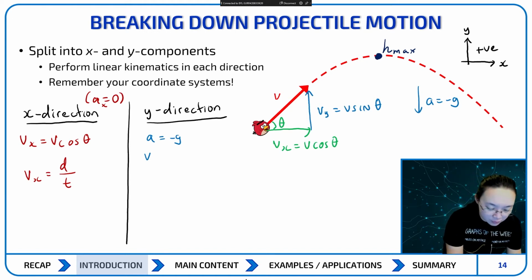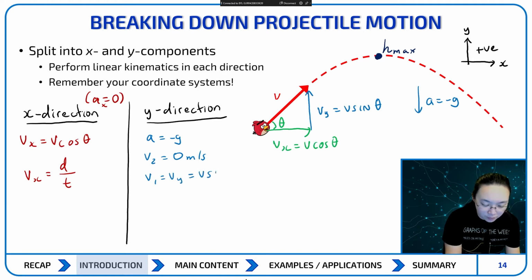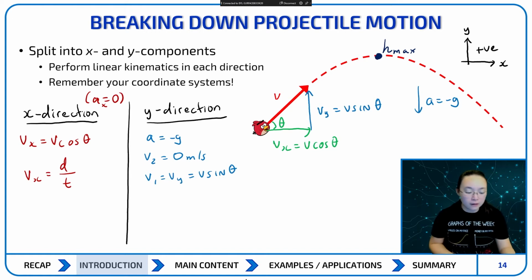So v2 is equal to 0 meters per second. v1 is equal to vy, which is equal to v sine theta. So I have v1, v2, and I have a. So it seems like the only thing I'm missing is d,